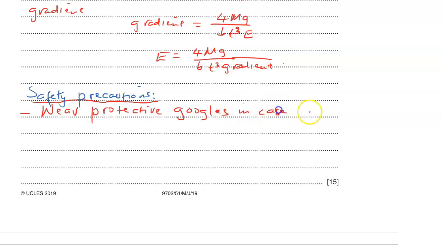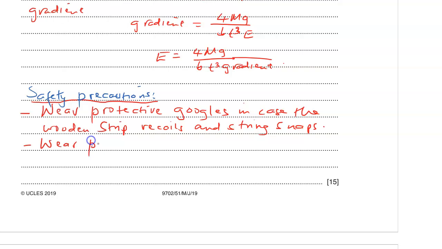So I'm going to get protective goggles in case the wooden strip recoils and the string snaps. I'm also using masses, so I need to put on